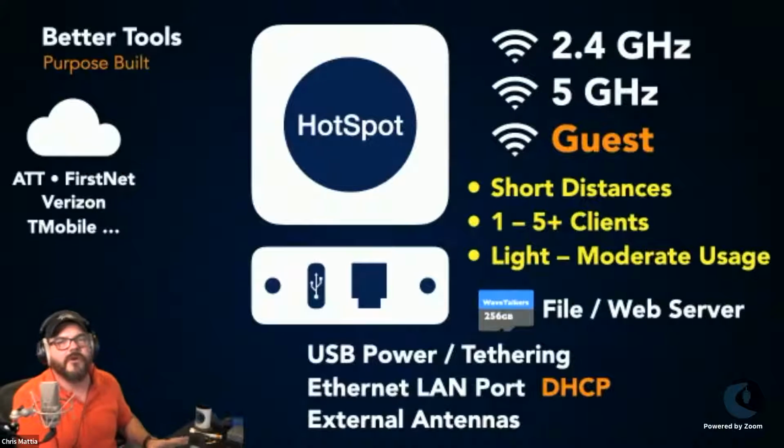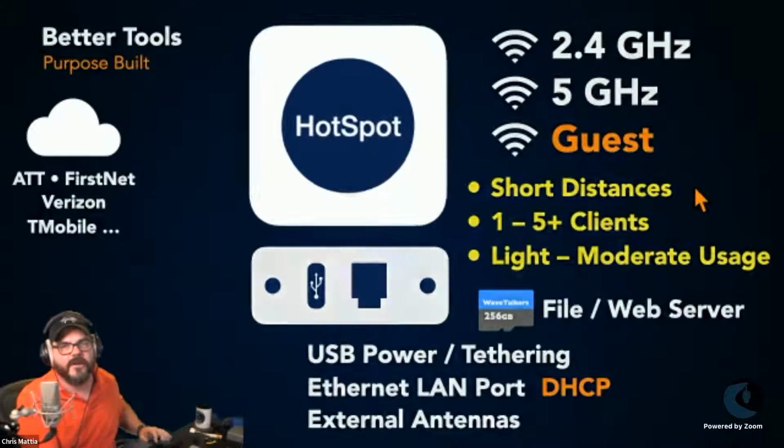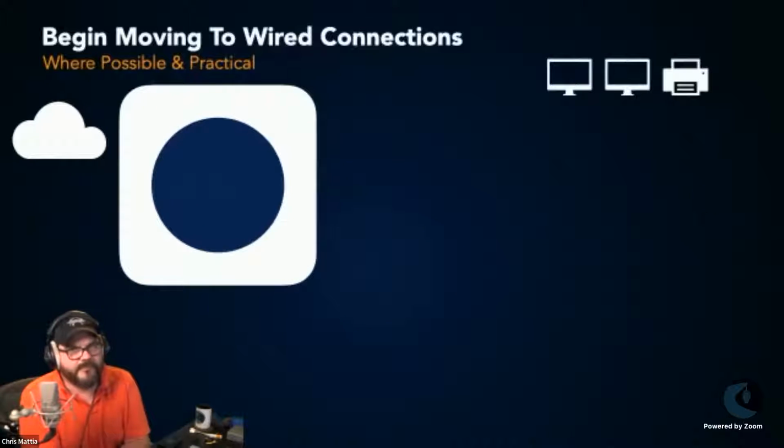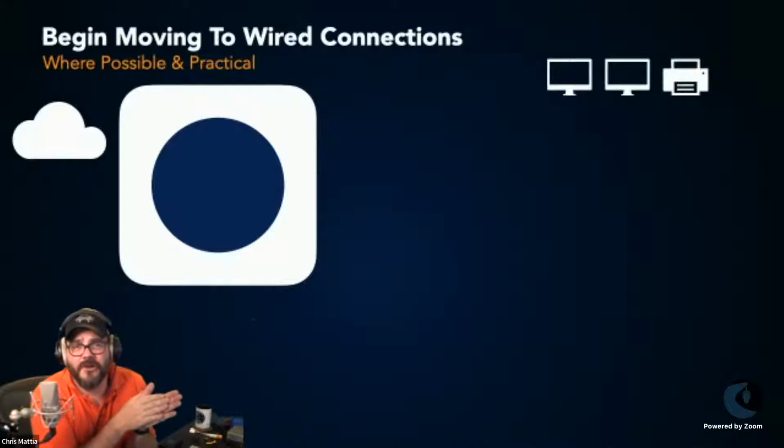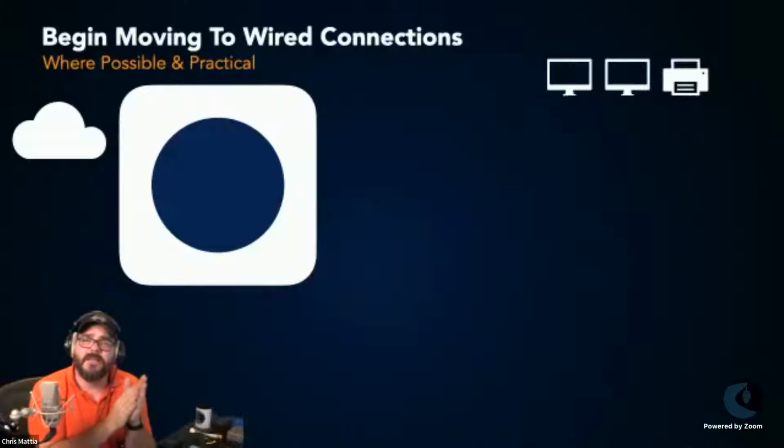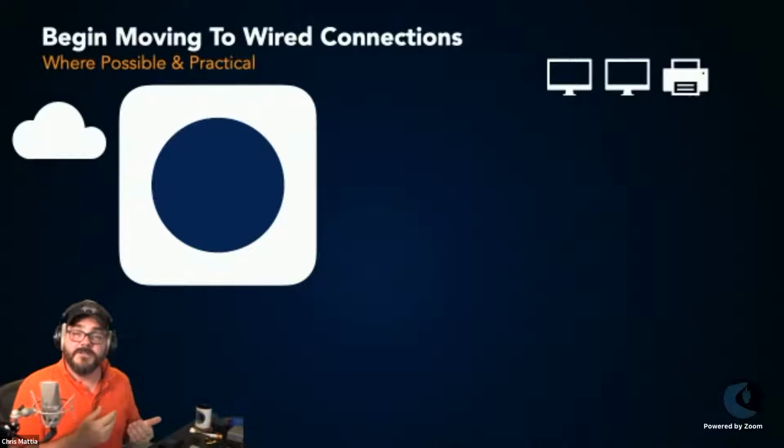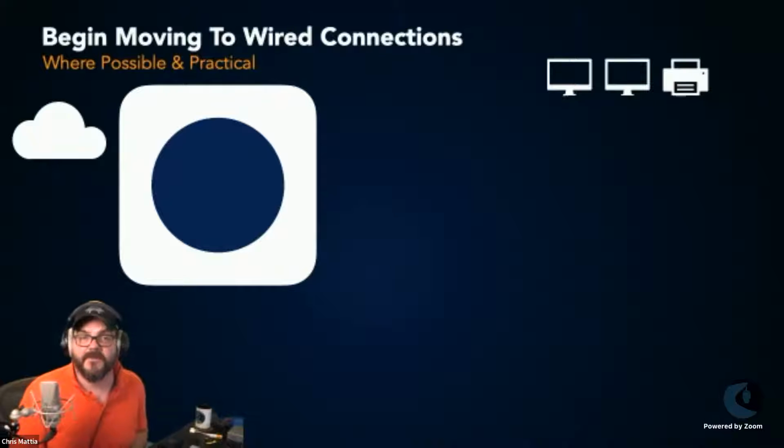So it really is a very robust system to be able to set up and to operate with all of these things. As we mentioned earlier, as you're working up your PACE plan, you've got this hotspot. Now you want to begin moving to wired connections whenever it's possible and practical. It might be fine to initially set up a Wi-Fi bubble off of your hotspot and connect a couple of computers, maybe a printer, to share that out at, say, net control